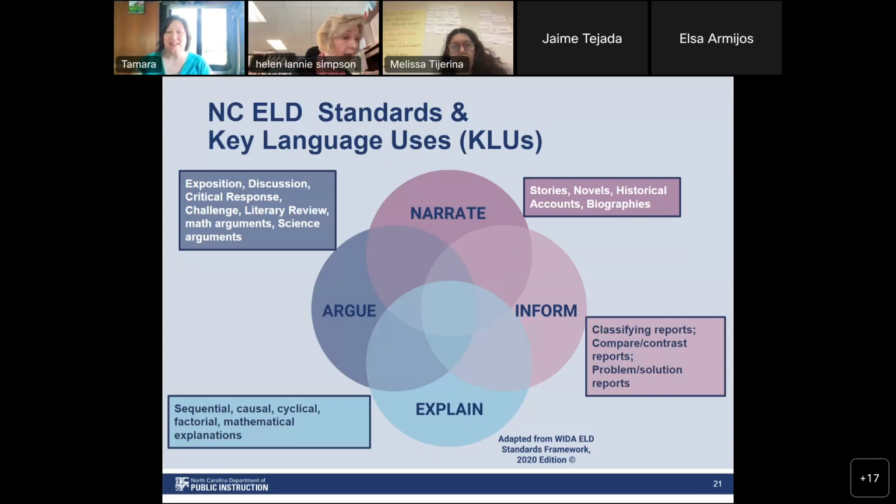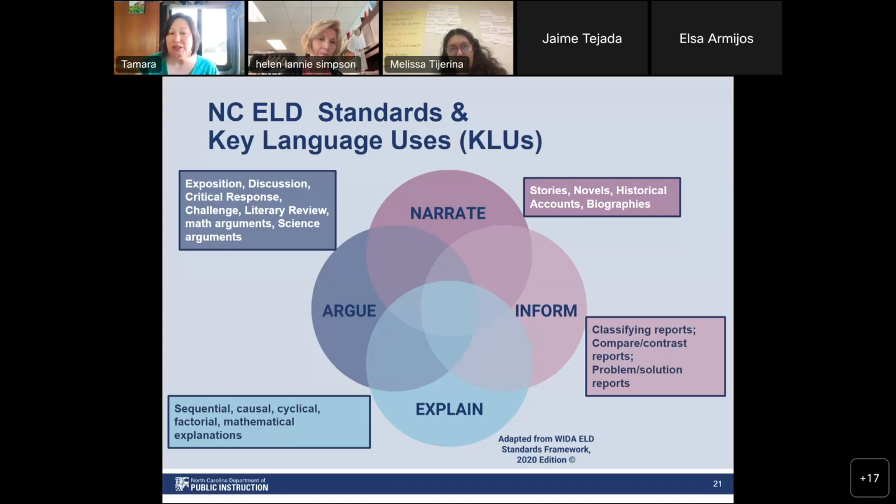And Tamara, our last category? Our last one is argue, and I like to point out that we are not asking children to argue with one another or with the teachers, but in an academic sense, we are making claims and supporting them with solid reasoning and evidence, and we're challenging claims that others make and encouraging our classmates or even the experts that we read to consider other perspectives as well.